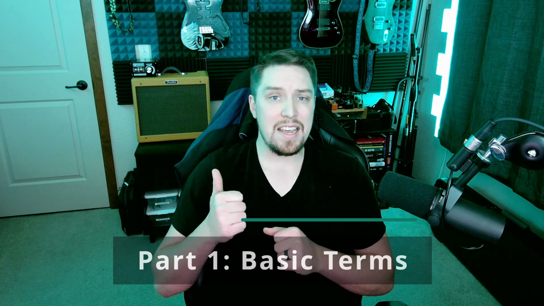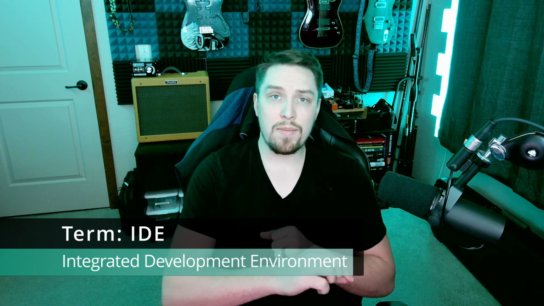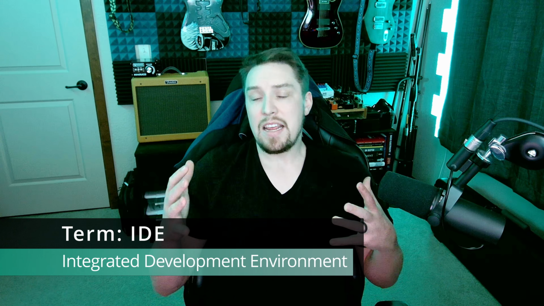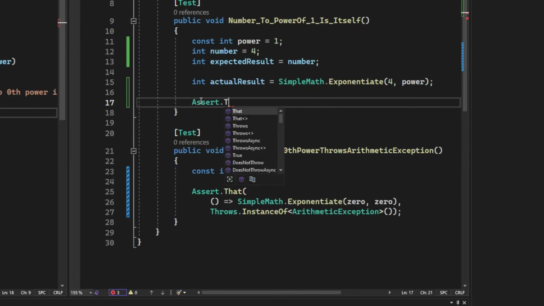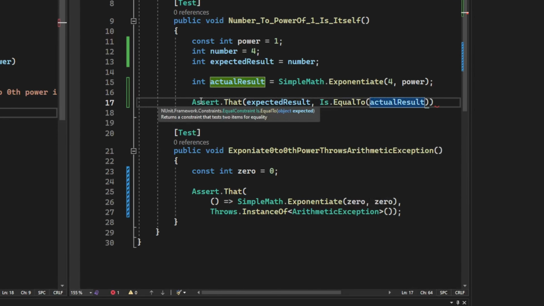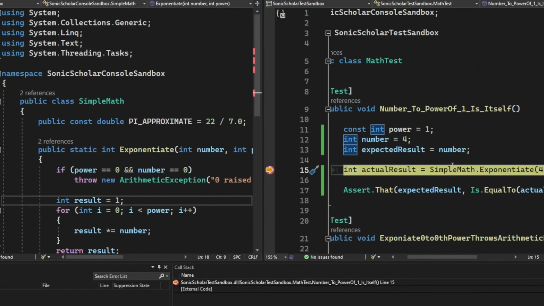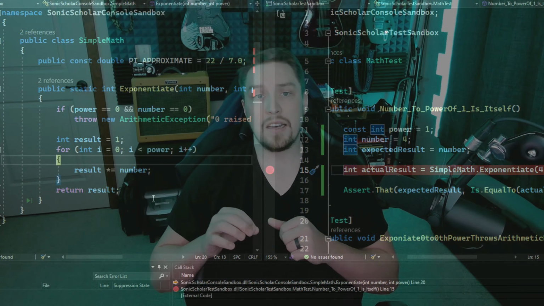Number 1, IDE, or Integrated Development Environment. An IDE is just a special text editor on steroids. It helps you write and test code, has extra tools like syntax highlighting, code completion, debugging, and lots more. A lot of beginner coders learn in the IDE, which has its pros and cons, as we'll discuss later. Here's some other terms that I want to get into to help demystify the command line and the operating system,